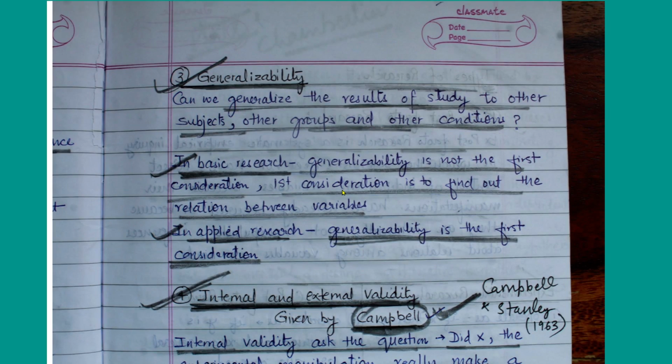And the third criterion is generalizability. This is the most important idea. Suppose you have done research, as I have already explained in previous modules. If you are a student of IARI and you have done a good piece of field research for submission of your thesis at IARI, now how much generalizability can we draw from